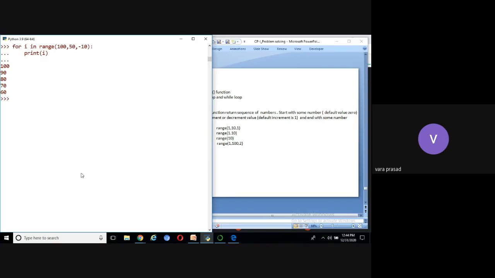Okay, now the question is display the numbers from 100 to 50, which are divisible by 5 or 2. Please try to understand this problem.